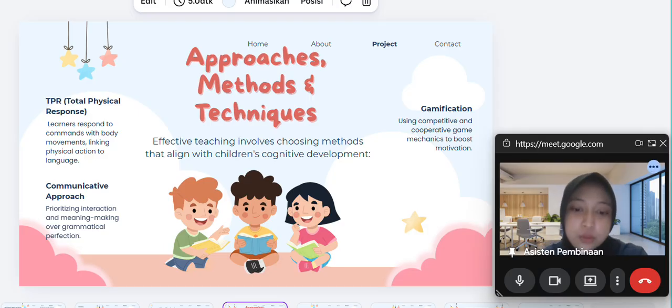Okay, next we're going to talk about approaches, methods, and also techniques. For techniques, I really love TPR, or Total Physical Response. It's where kids learn by moving their bodies, learning to respond to commands with body movements, linking physical action